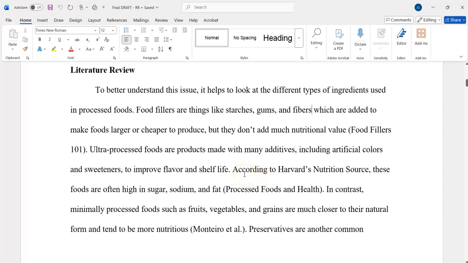Remember, the video on integrating sources is available, I believe it's in the supplementary videos module, if you need to refer to it. But this looks much better. According to Harvard's nutrition source, these foods are higher in sugar, sodium, and fat, processed food. Okay, so when you are,